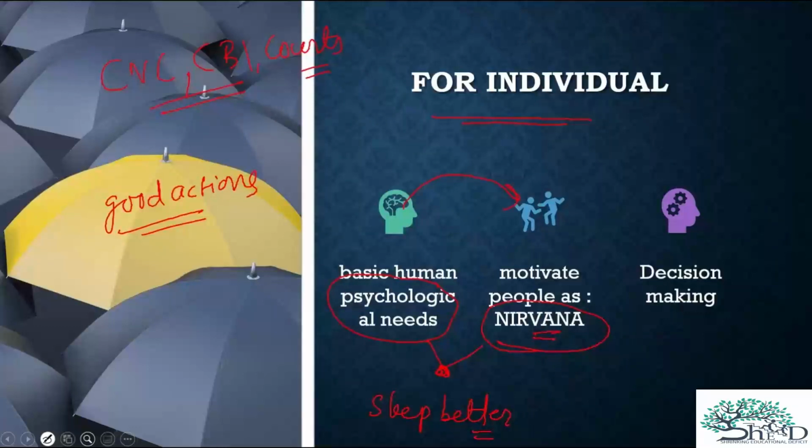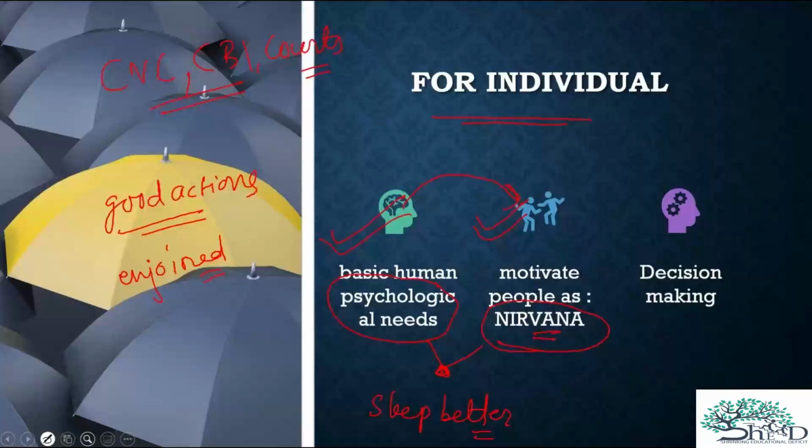That is why there are a lot of things like this, like the 10 commandments in the Bible, the eightfold path in Buddhism, five rules by Jainism. These are all for individuals. The individual is asked to follow all these rules because they lead to good psychological health, and the person will then motivate others.